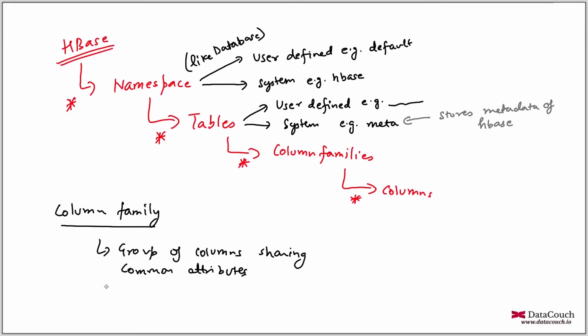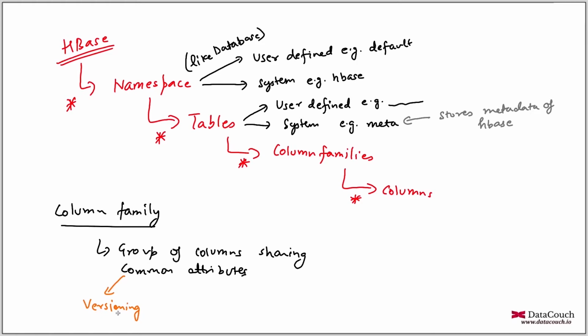If you go to Facebook, you have a profile picture, cover photo, and then you will have your basic attributes like your name, your age, your gender. So there are so many attributes in Facebook. If you are on Facebook, you will find that some attributes require versioning. Versioning is not provided by Facebook as such, but you can implement this kind of versioning in HBase very easily through the concept of column families.